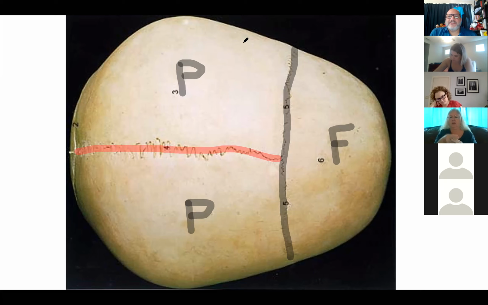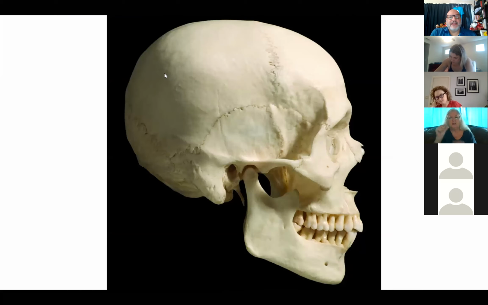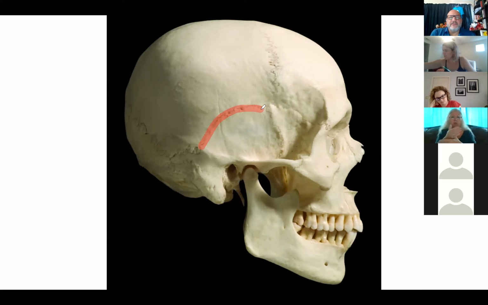The last one is a teeny bit tricky, but I'll teach you how I remember it. The last one is the squamosal suture. The squamosal suture is this suture right here between the parietal bone and the temporal bone. So basically this suture right here between the parietal bone and the temporal bone is what is known as the